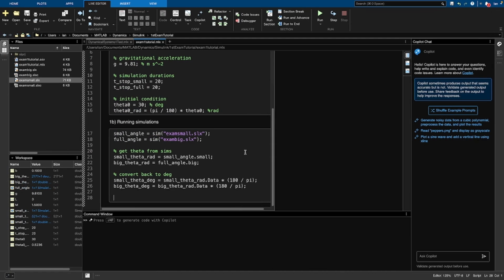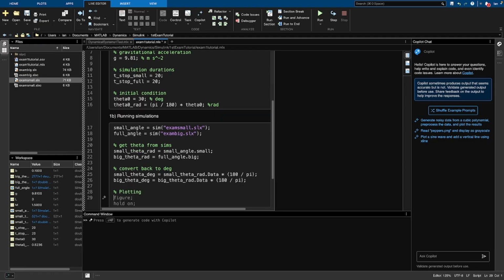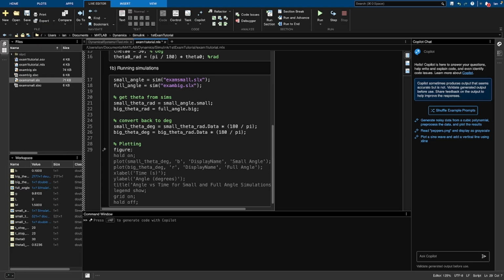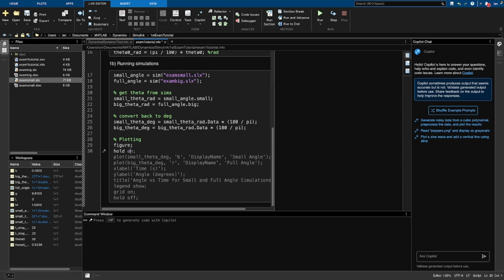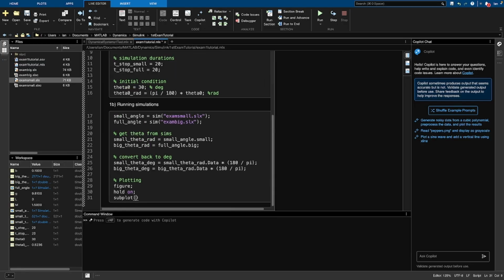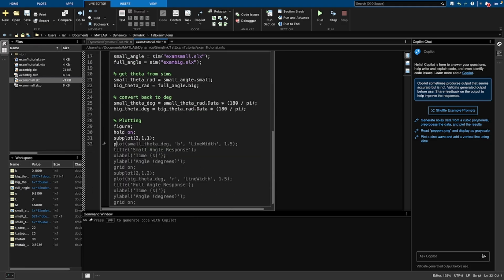Okay, so for this I'm gonna use a subplot because we need two plots in the same figure. So the way I'm gonna do that is with Matlab subplot. So let's do plotting: figure, hold on, subplot. We want 2 rows, 1 column, slot 1. Yep. Okay, and then here we can plot,